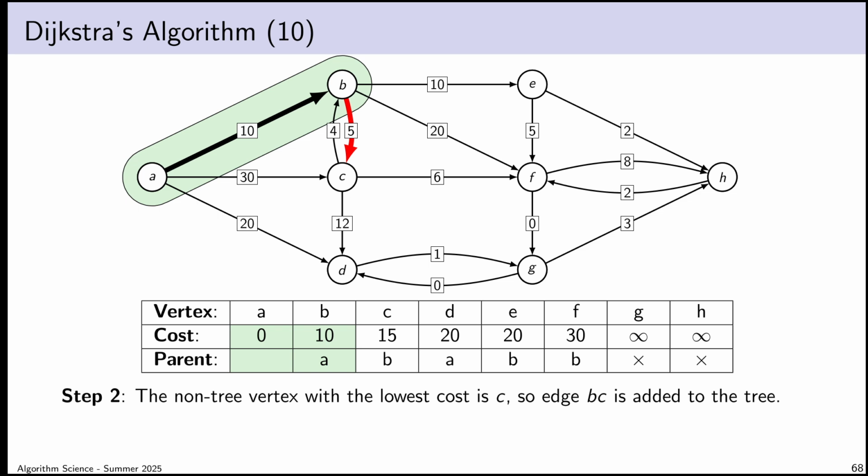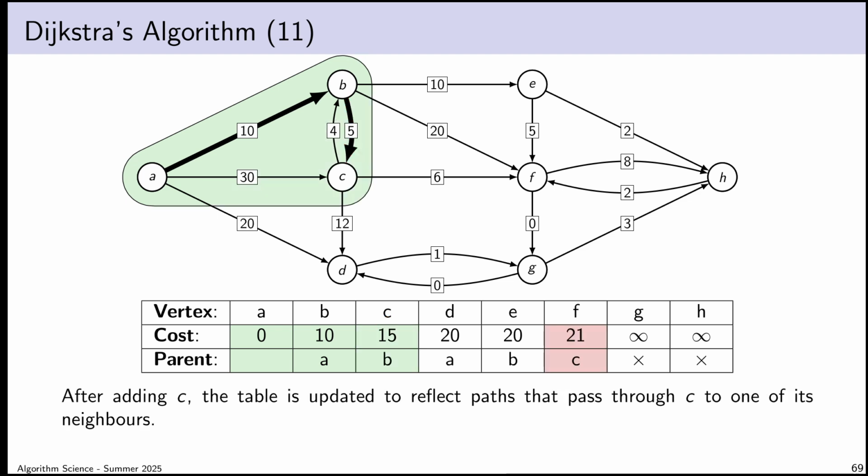So at this point, after I've locked in vertex B, the non-tree vertex with the lowest cost would be vertex C. So I bring in edge BC and I add C to the tree, and then I relax the edges to the neighbors of C. That would be edge CF and edge CD. Notice that so far, my earlier assumption that I would be able to do this by relaxing every edge only once has held up. Each edge gets relaxed when I add the source vertex for that edge to the tree, and it doesn't get relaxed at any other time. Those edges are CF and CD, but I observe that if I use the edge CD, the total cost is 27, which is greater than 20, so vertex D doesn't change in the table.